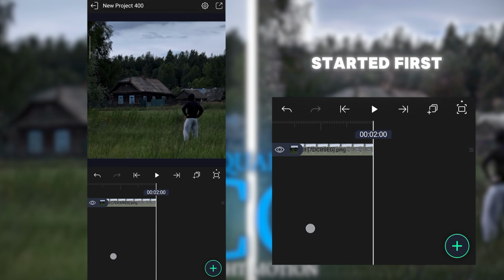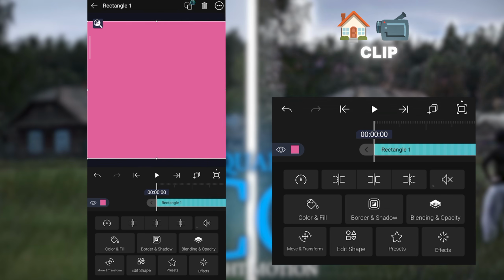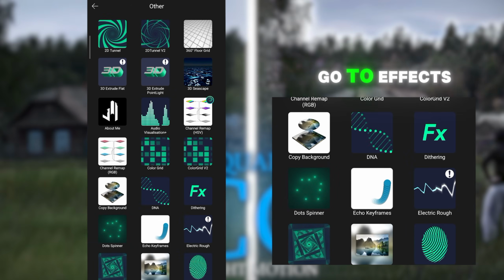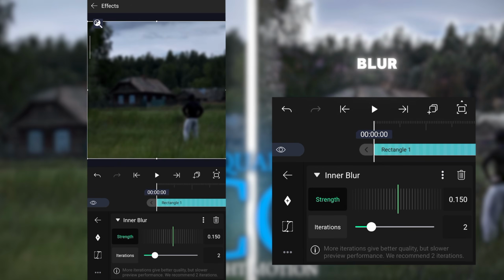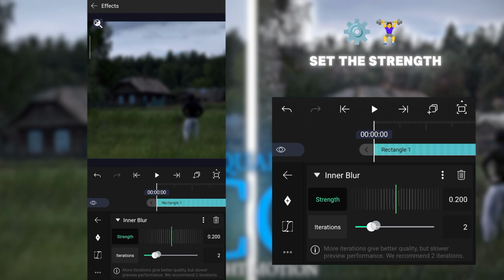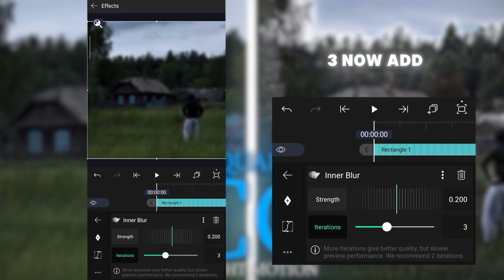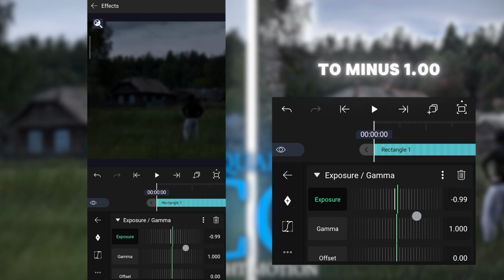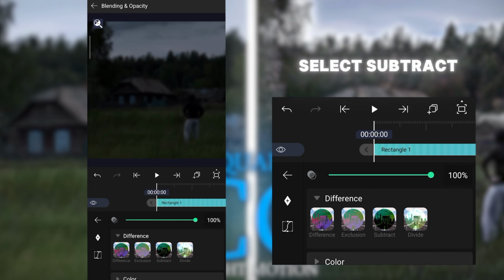Now, let's get started. First, add a rectangle layer, place it above your video clip. Now stretch it so it covers the entire screen. Go to Effects, add Copy Background. Next, add Inner Blur. Open the settings, set the strength to 0.200, set iteration to 3. Now add exposure, change the value to -1.00. Finally, open blending, go to difference, select subtract,